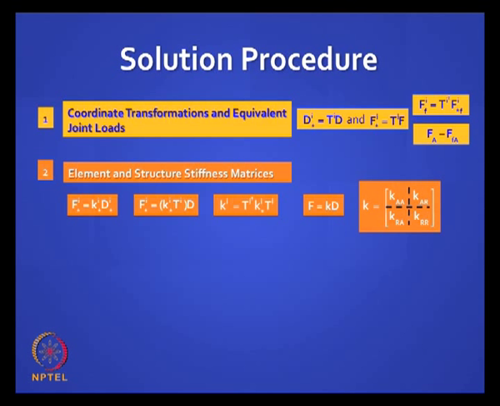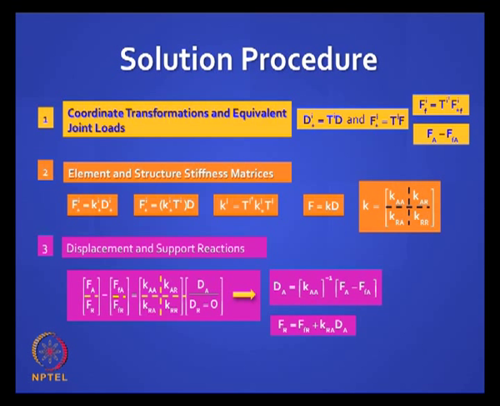You have got the equation, so you find the solution, find the displacements and the support reactions. You have two equations, you can solve for those two equations. In these two equations, you know that there are no support movements given in this problem, so this part is a null vector.